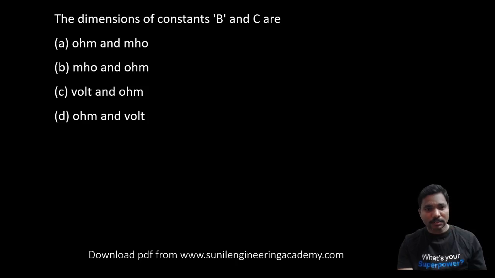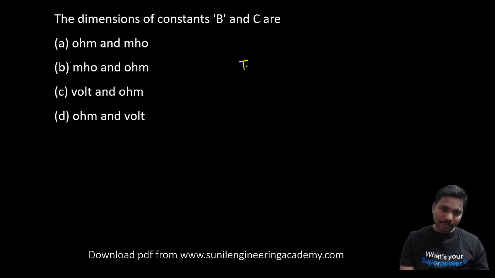The dimensions of constants B and C are dash. What are these B and C? If you take transmission line parameters,